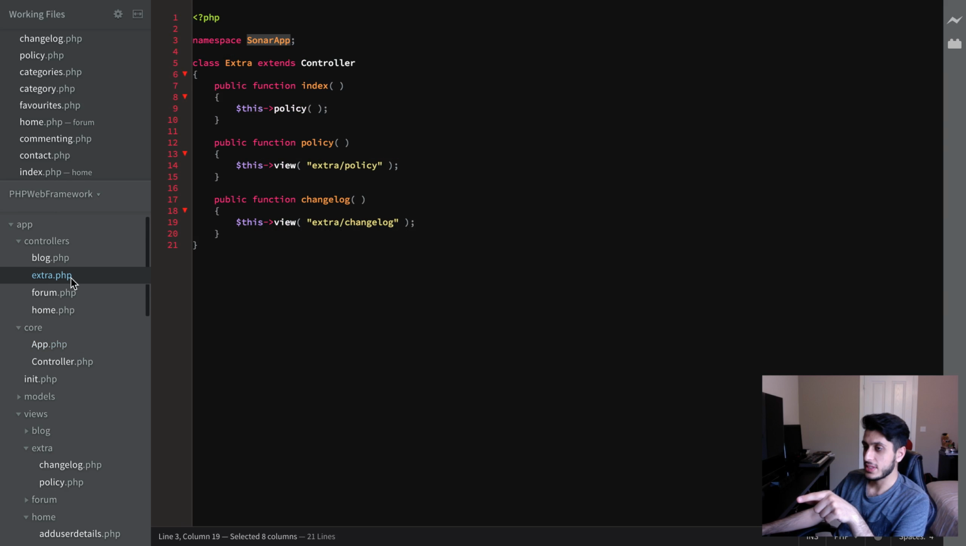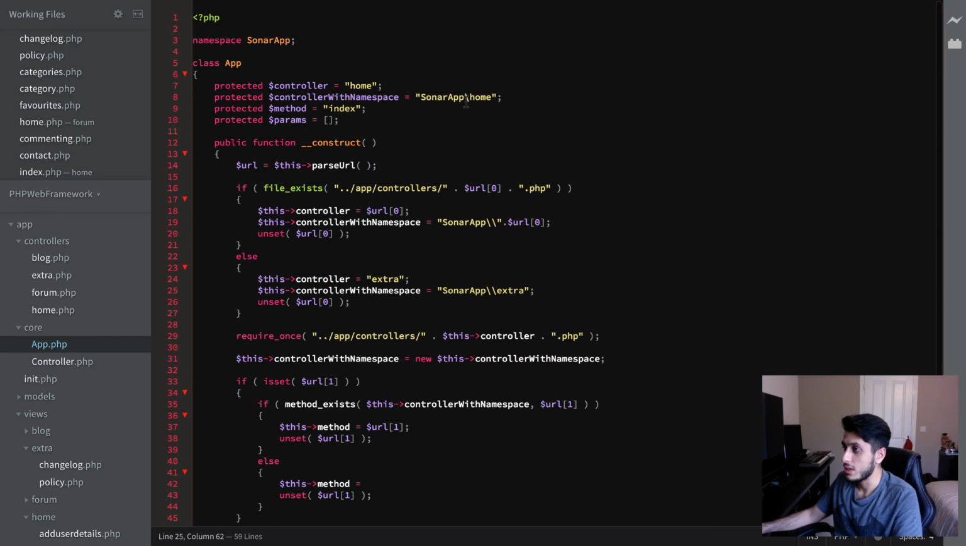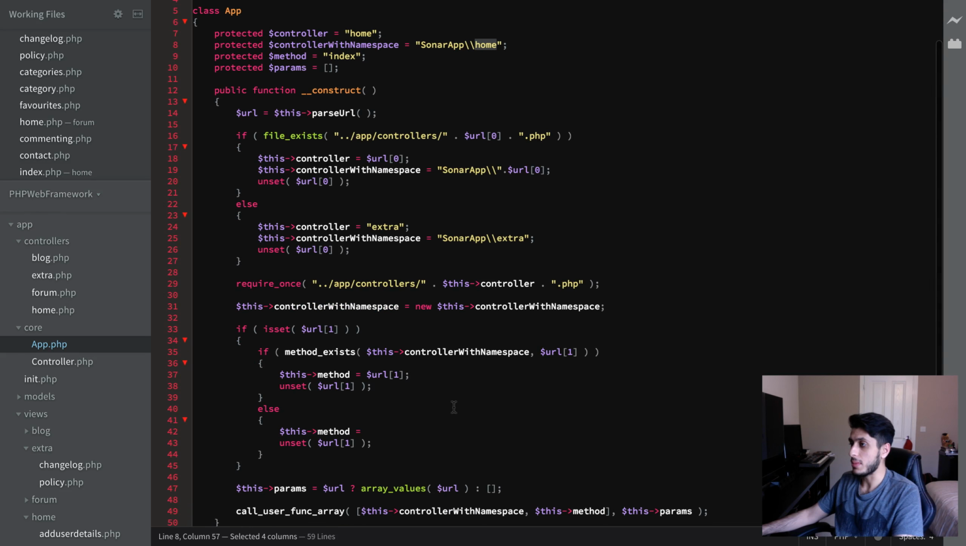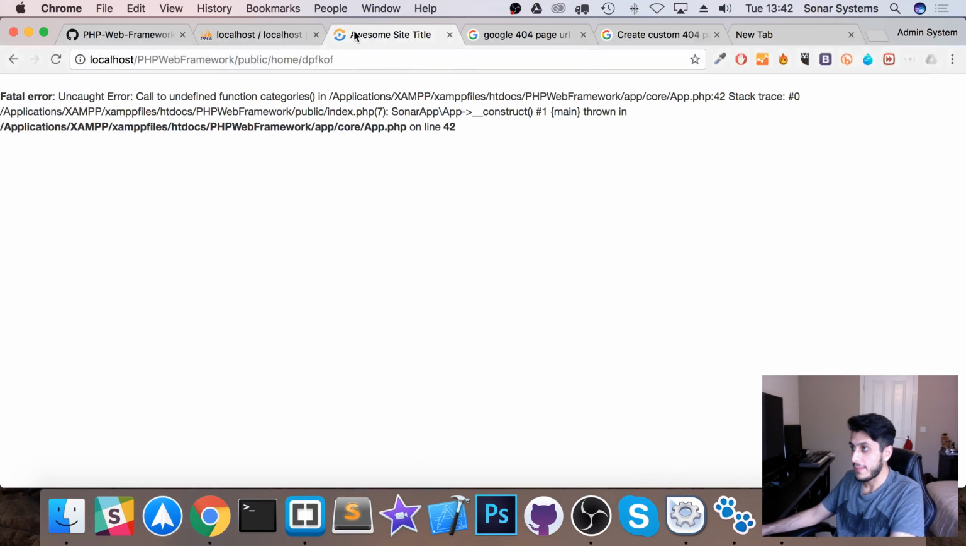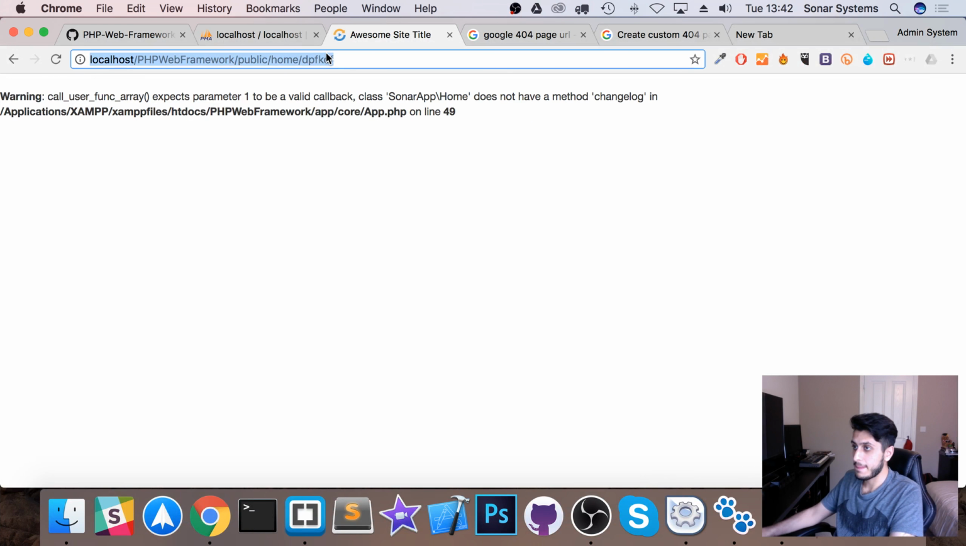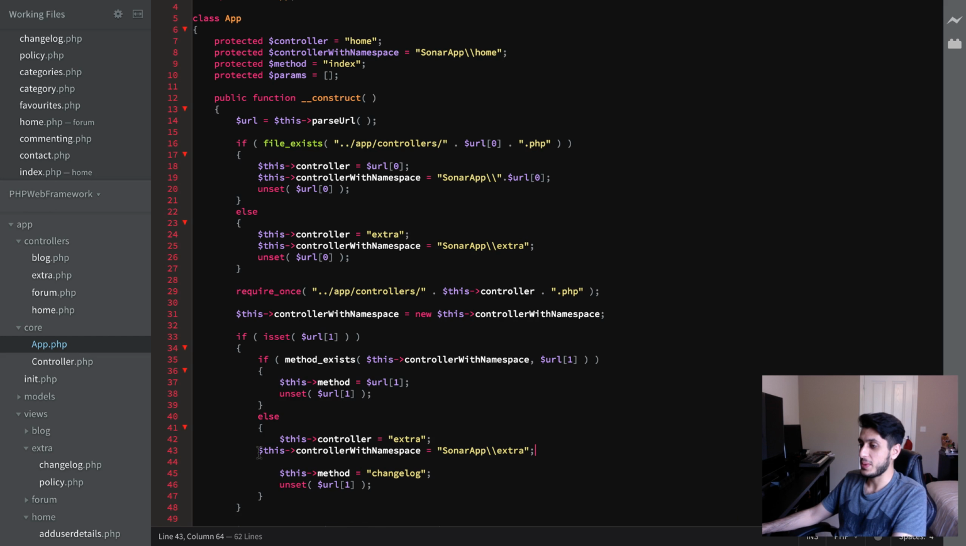Okay, if instead we went to extra and then change log, so if we go back to here, change this to extra, change this to extra. I'm gonna put 2 forward slashes there, so if you did change it, it wouldn't matter if it was lowercase or not. Change this to change log. Change log. Class sonar. Need to set this here as well, otherwise it's not going to go to it. Then